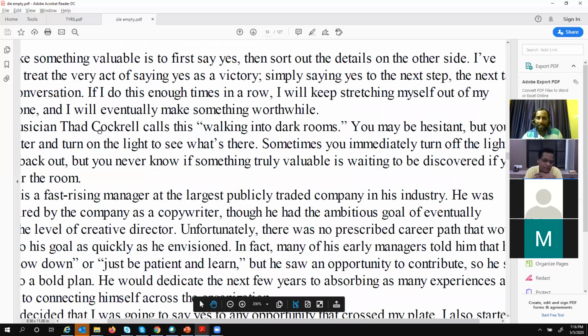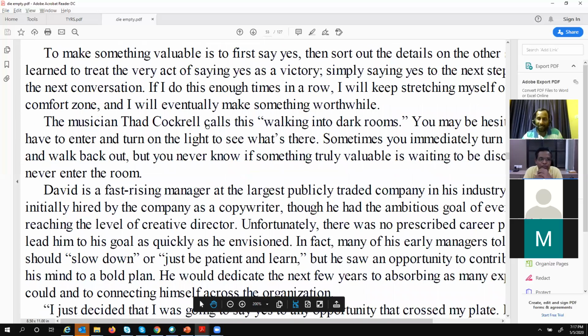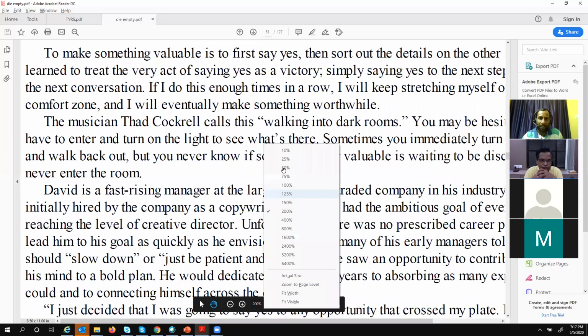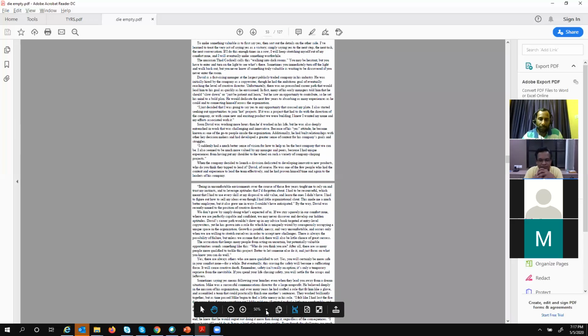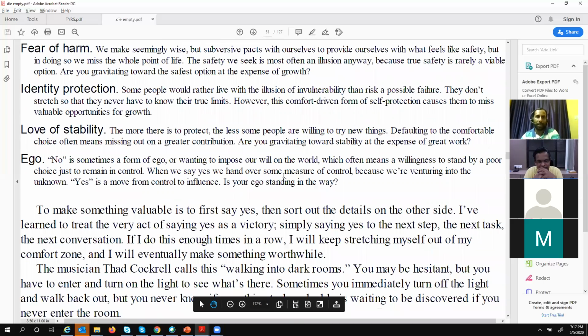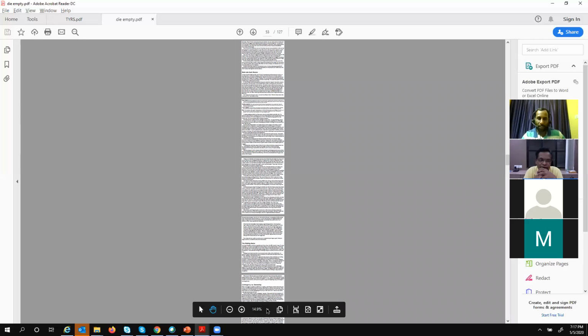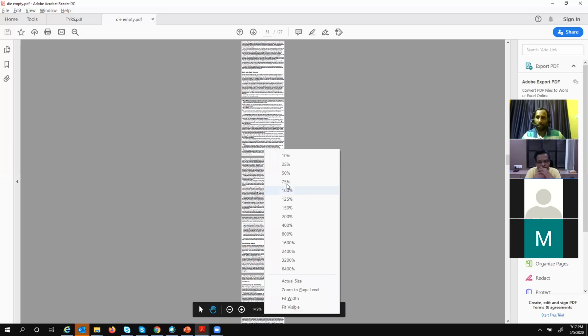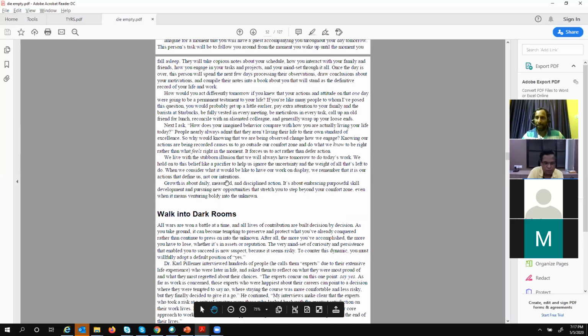As long as it is the page width, then we are okay. Also, don't reduce it too much. Putting 50 is not readable. But even if it is readable, don't go too low, because that will not help your eyes. They have to put more strain on it. This is also readable, right? But try to fit it in the screen.